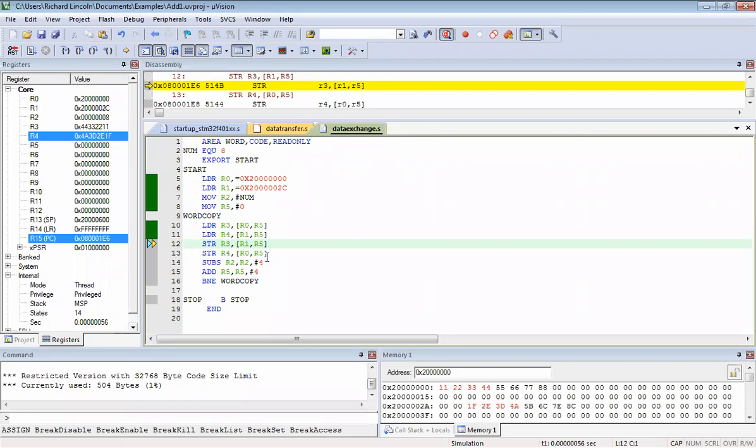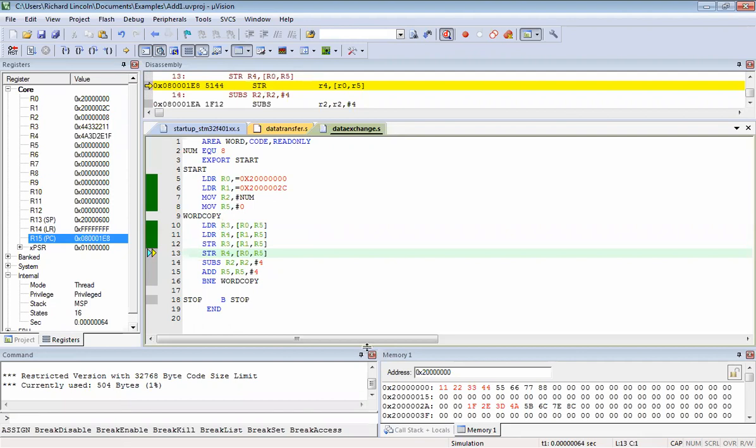Okay, so you can see now, the data is going to get changed. So you can see it was 1F, 2E, 3D. So this first set of data has come here. Now what we are going to do is subtract 4 from R2.